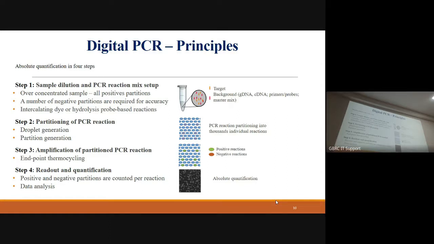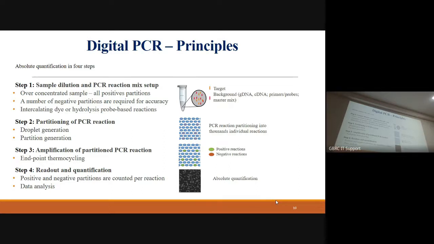The major change in the sample preparation is this: if your starting concentration of your DNA, RNA or anything, cDNA, is very high, you will get saturated. You will not get any copies because all your partitions will get saturated. So whenever you are starting, you just start with different dilutions. Suppose you know your concentration of your DNA or RNA, let's say 100 nanogram, but you dilute it 2 or 3 dilutions and then run, and then you see how many copies you are getting, and accordingly you can fix the dilution for your sample.